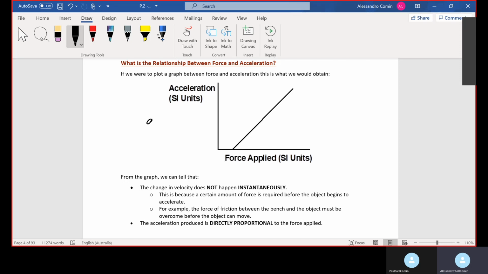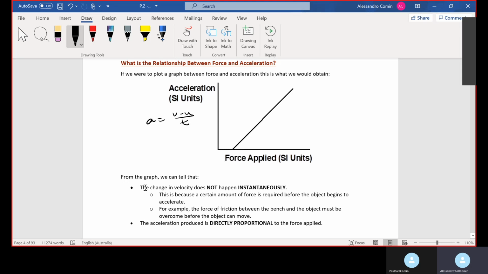In particular, we can just have a is equal to v minus u on t, so delta v on delta t. And we'd actually see that, well, we wouldn't get an exactly straight line, but we would get a line of best fit that is straight. And this graph can tell us a lot of interesting things. The first thing that it can tell us is that